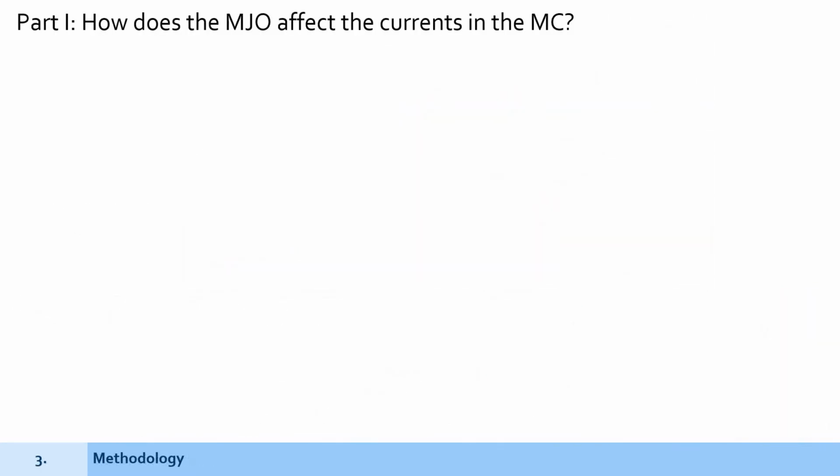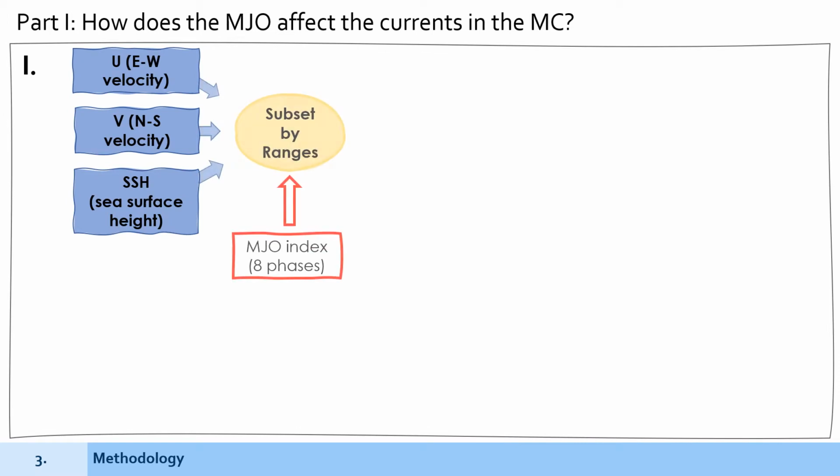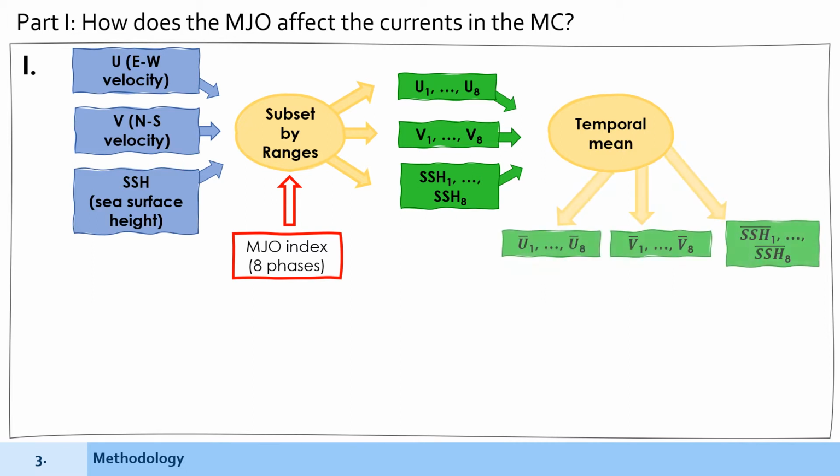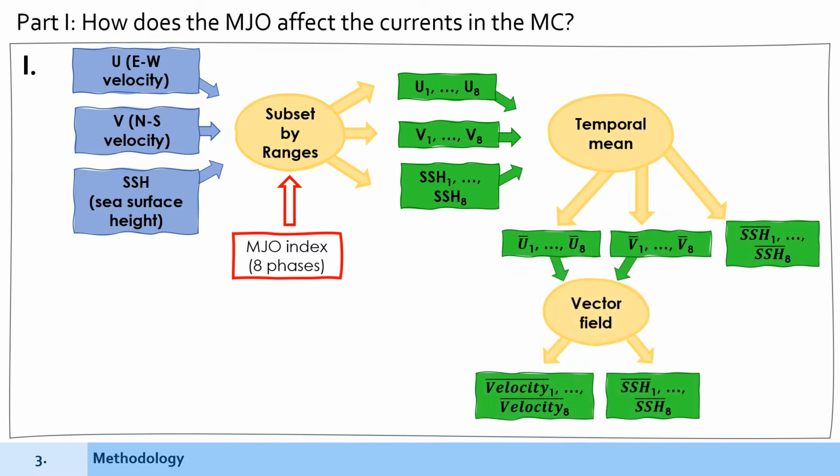Regarding the methodology for the first part, using the information from an MJO index, the datasets were subset to let only the days that correspond to the 8 MJO phases. Then the temporal mean was calculated, obtaining the average behavior per phase. Lastly, the velocity components were converted into a vector field, obtaining the final sets that are used to visualize the